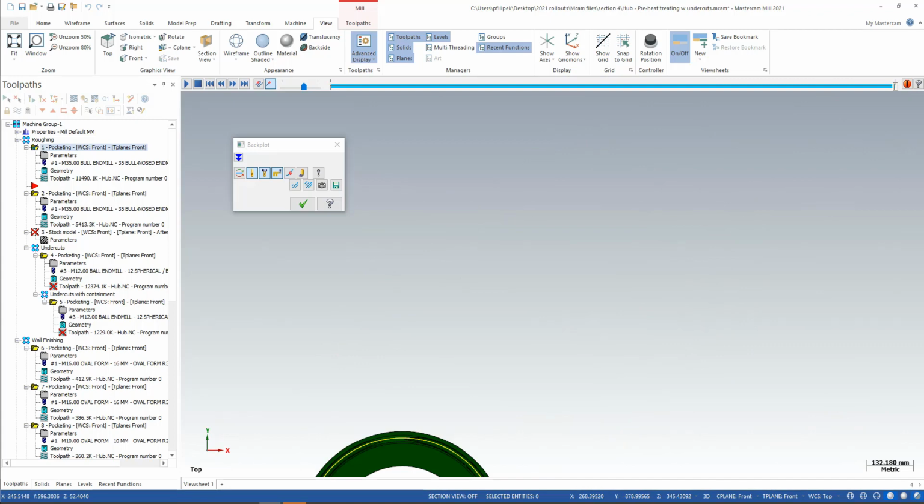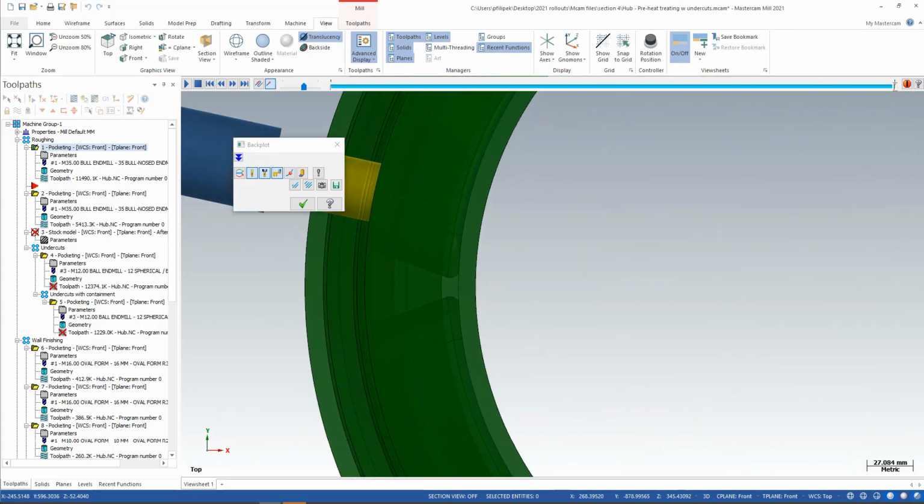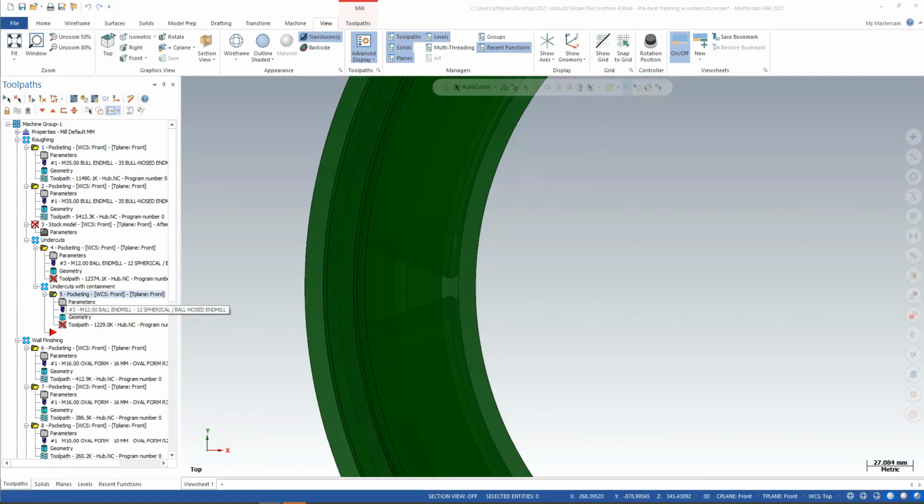If I look at this part here, I will see one thing. Notice how my tool is pointed straight in, but I have an undercut here, and I have an undercut here, or pretty much on both sides of all them slots in there. We have an option to get them undercuts out of there. So right now it's not getting in that undercut, but if I come back in here, and I look at